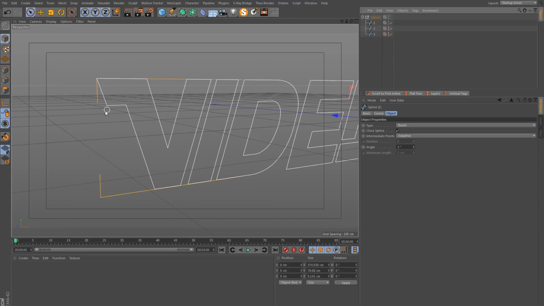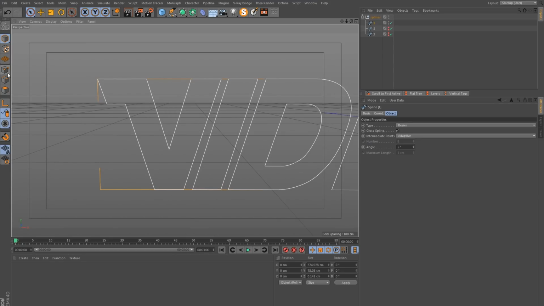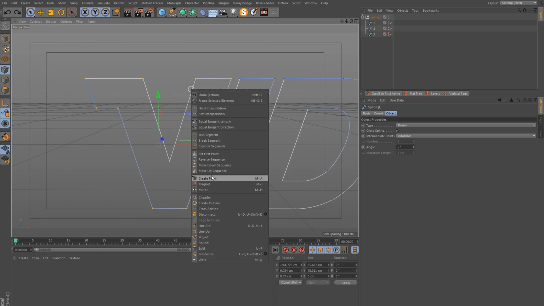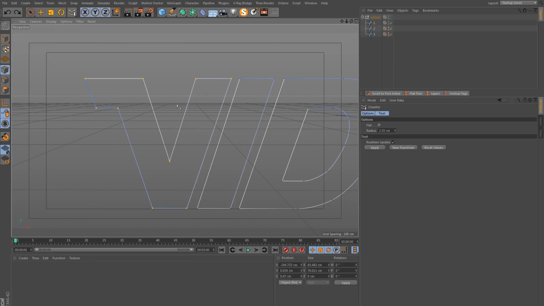Okay, so starting with the V here, if I go to point mode, I can select the corners. So if I select one point, press U W to expand the selection to the rest of the corners. I can right click and chamfer, and then if I just click and drag, we start to round off the corners.